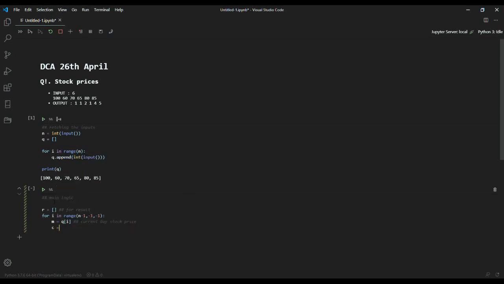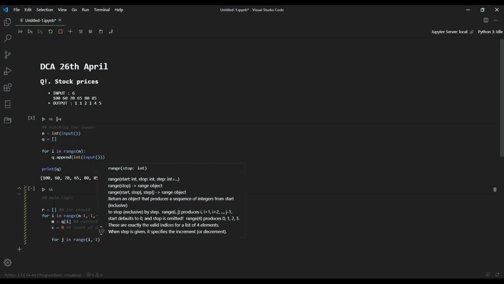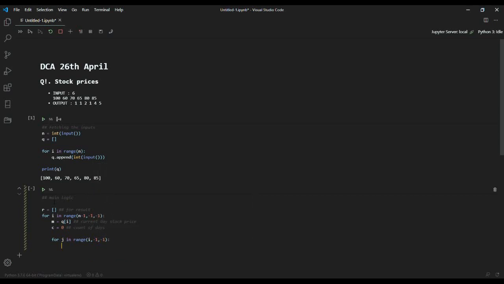I'll first take the current day value of the stock price in a variable m, and then have the count of the consecutive days in c, initializing it as 0. Now we'll go with another for loop inside this, iterating through i, using the variable j.